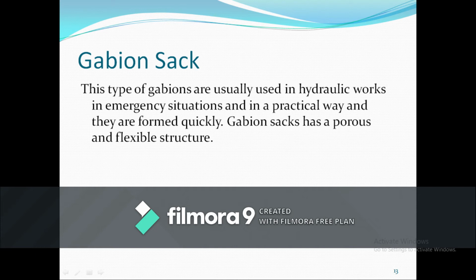So where are you using the gabion sack? It is used only for hydraulic works, and that too in emergency situations. It is most practical, and they can be formed in very little time. They have a porous as well as a flexible structure. That is your gabion sack.